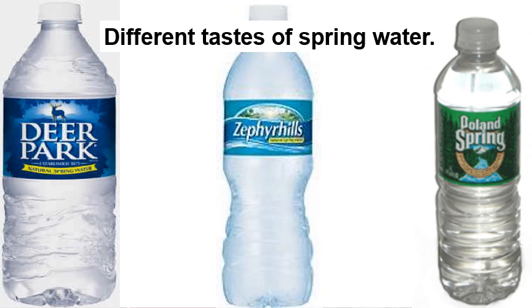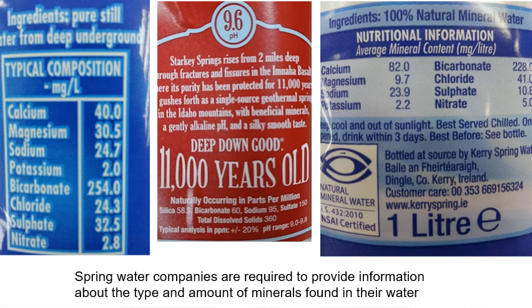So, point I'm trying to make here is that different spring waters have different taste because they come from different springs, which have different grounds, which have different minerals. The mineral content of spring water is going to be listed on the bottle because just like any other food that is sold and marketed to people, you got to be able to tell people what's in it. And so it might not always be on every individual bottle, but you can find this out,